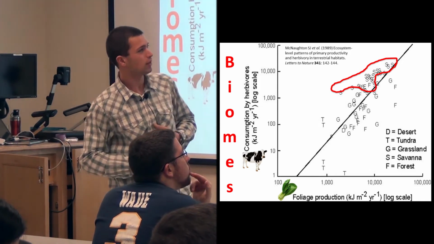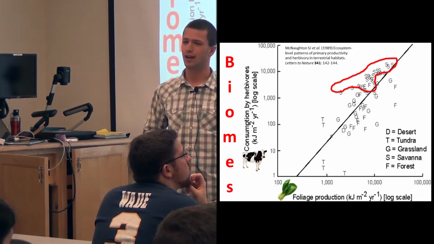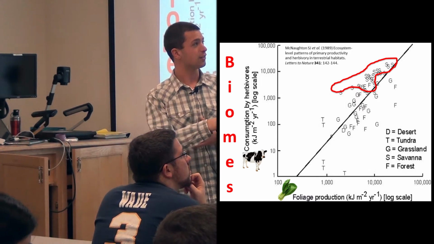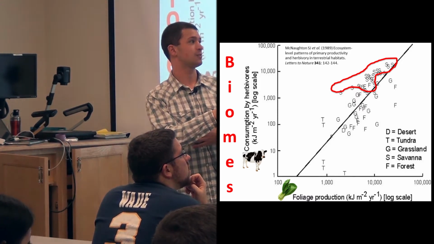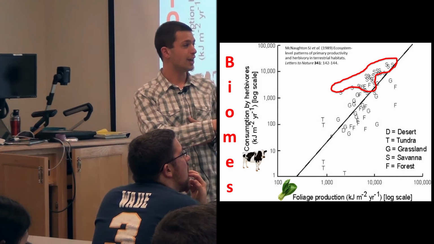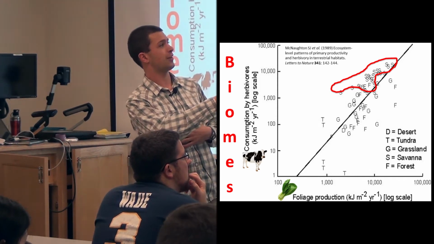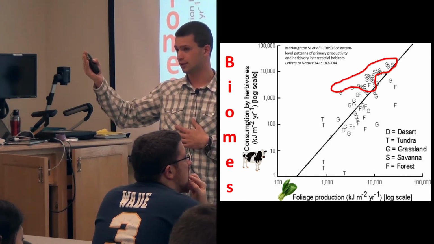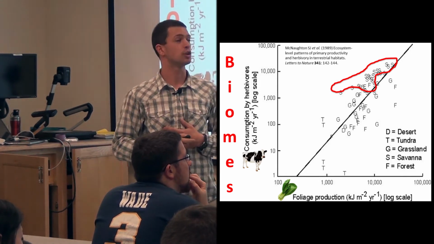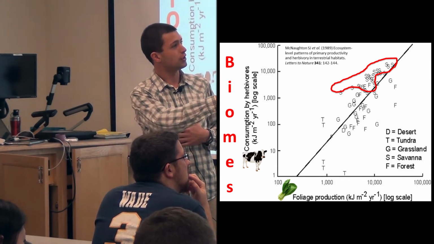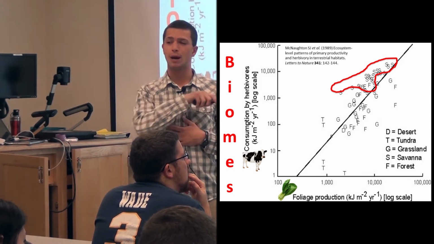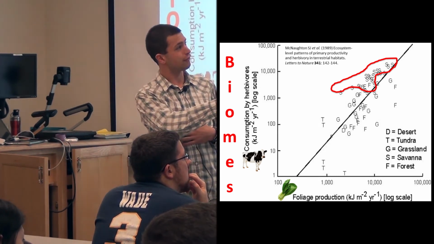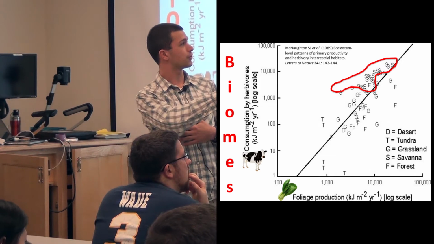What we infer from this graph is that savannas, the savanna type ecosystem, seem to be very good at producing lots of plants, but also lots of animals at the same time. So if you're thinking about optimization, if you want both of those things, maybe that's the type of system you should employ. Whereas look at these forests here, the F, those might be tropical forests. They're even farther to the right for plants, but they're way lower on animals.